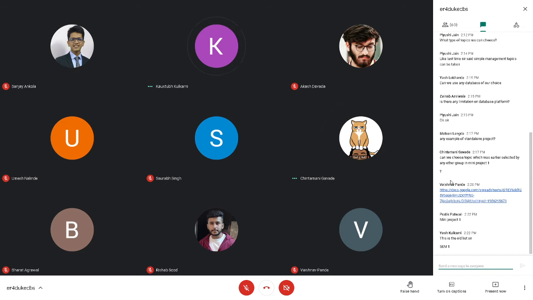Hello, sir. Sir, what approach should we follow? Should we focus more on the UI part or the DB part for this mini project two? Because in mini project one, the focus was mainly on the UI part. But you also drew the diagrams, right? OOAD diagrams, yes. It's just like that. You first have to start with the design of the database. So we'll start with the backend first. It's not that any part is neglected. First we focus on the backend, then on the front end. Approximately divide the timeline.